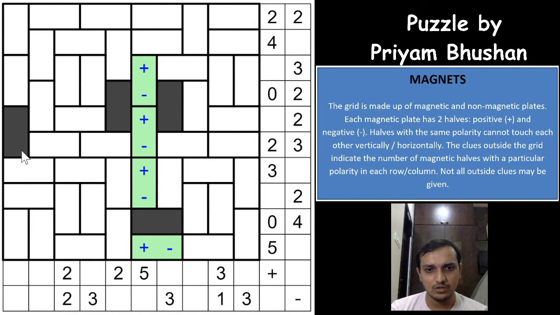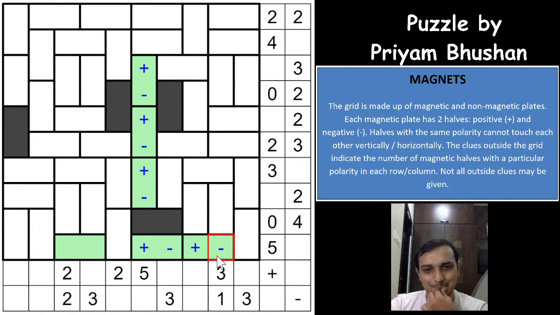Positive 1, 2. Okay, excellent. So if this is not a magnet, let's see if we are able to place 5 positive symbols in this row. If this is not a magnet, one of the positives will be here, second is here, it cannot be a positive, right? So third will have to be this cell, and fourth will have to be one of these 2 cells. Both of these cannot be positives, right? So 1, 2, this cannot be a positive, 3 and 4, so this has to be a positive, this has to be a magnet, and this also has to be a magnet, right? And which means if this is a magnet, it has to be a positive here and a negative here.